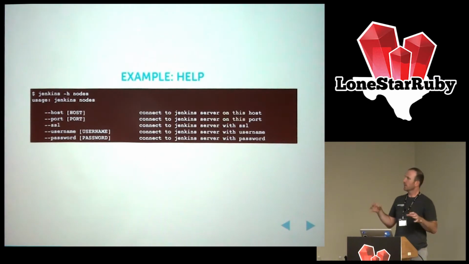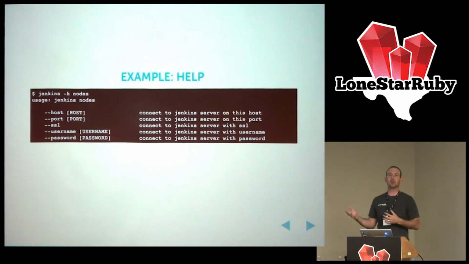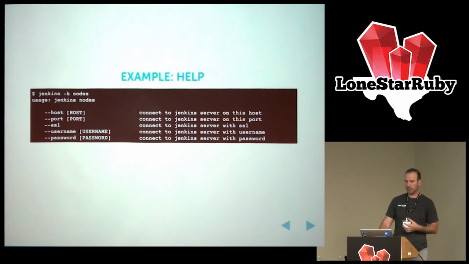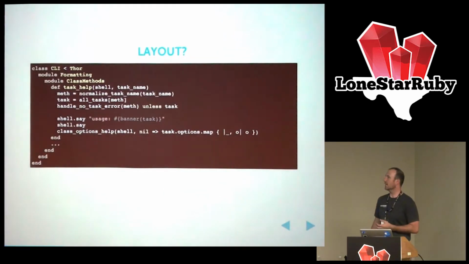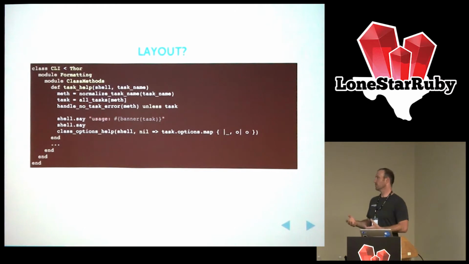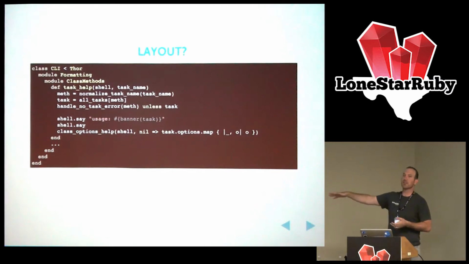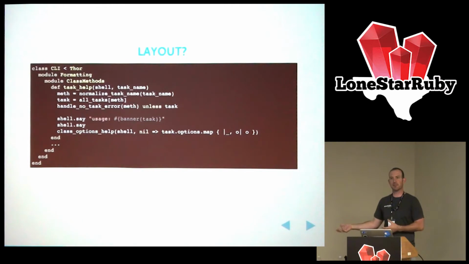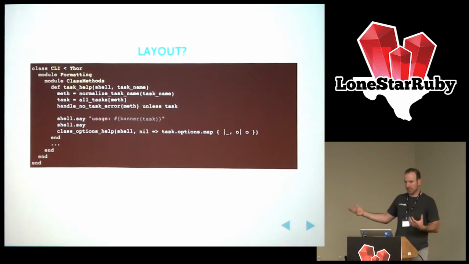We wanted, for historical reasons, to tweak the way that help looked in this command line interface. So what we ended up having to do was write this class, which is a method that makes imperative calls to standard out and does formatting by Ruby code. And it's not important to understand what exactly is happening here, other than it's incomprehensible, or it's very difficult to see what's going on.